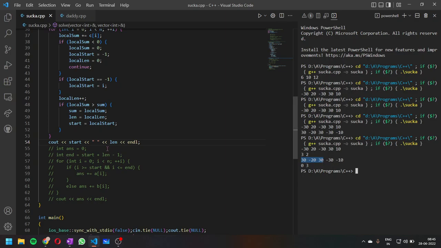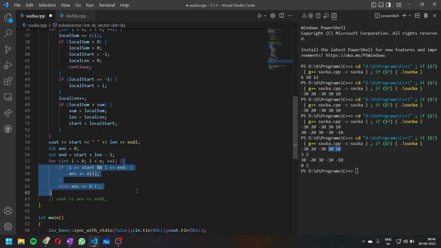Okay. So after this, we are initializing our answer, and we also have an end variable. So this is an end index. In this case, starting index would have been 0 and end index would have been 2. And in this case, starting index would have been 3 and end index would have been 4. So using length, I am initializing the end index. Okay, I have a start index and now I have an end index as well.